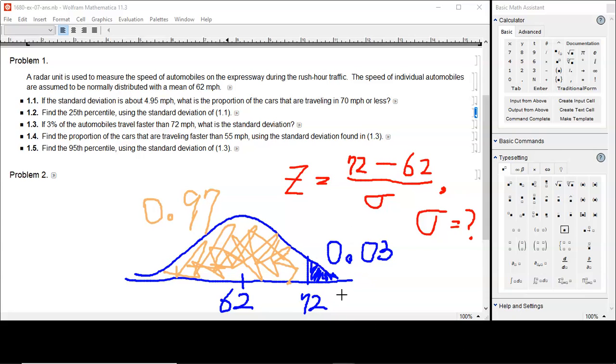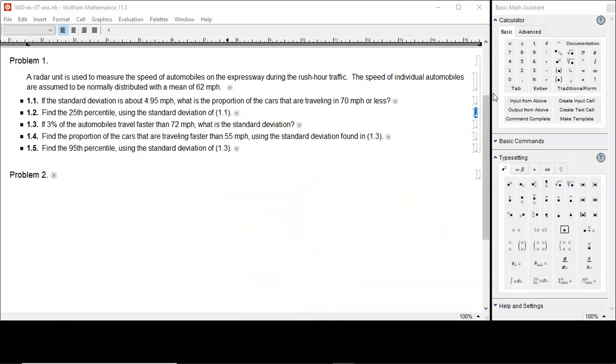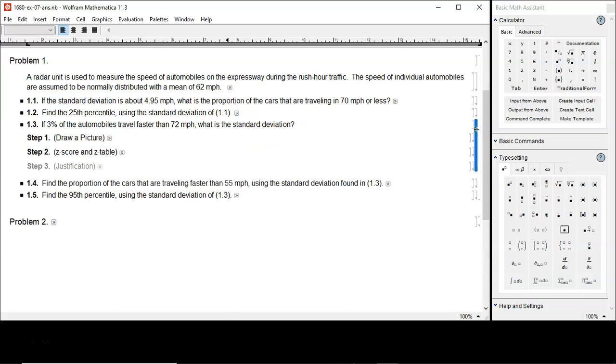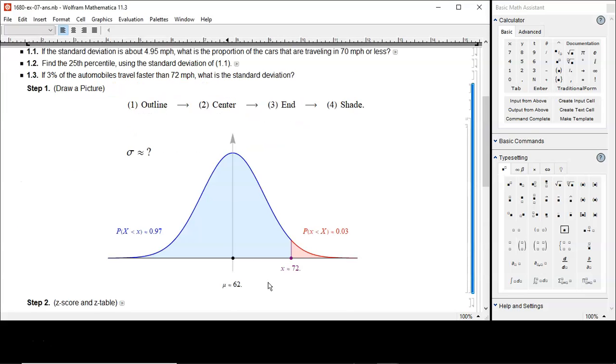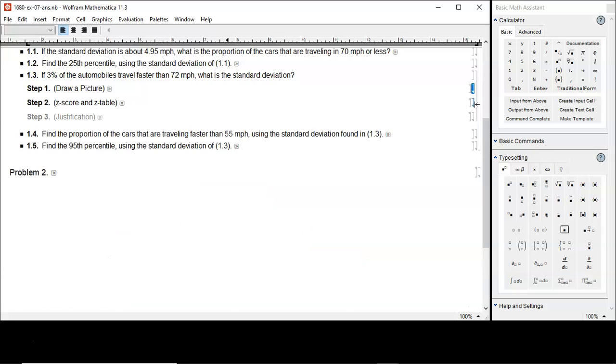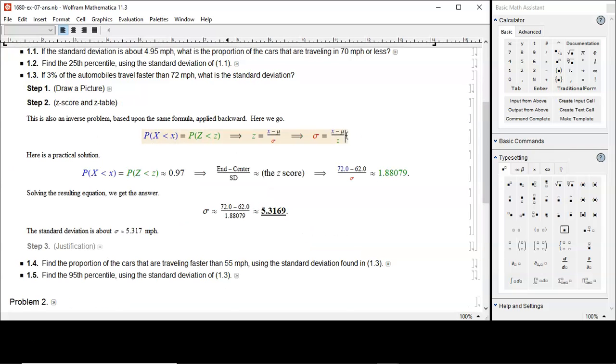72 or higher, 3%, so draw the picture. So the other is 97%. So that's going to give you the z-score of 97th percentile. From here, you can find out sigma because x minus mu over sigma is your z-score. Make sense? Here we go, 3% here, 97% here, and you're looking for sigma, standard deviation. So x minus mu over sigma, you can solve for sigma,